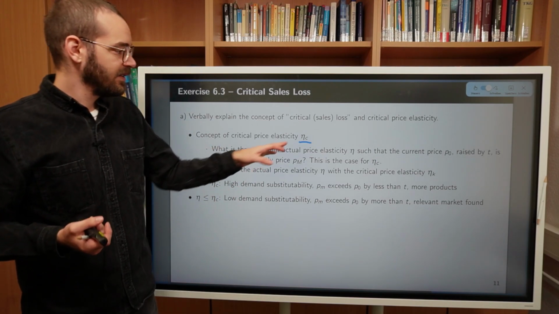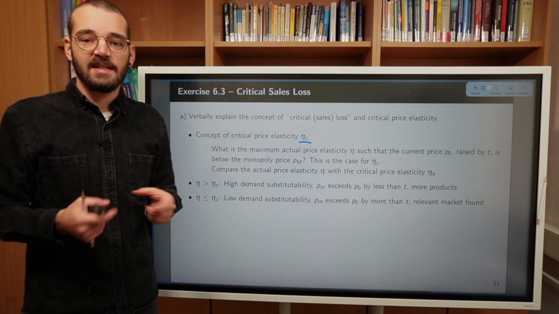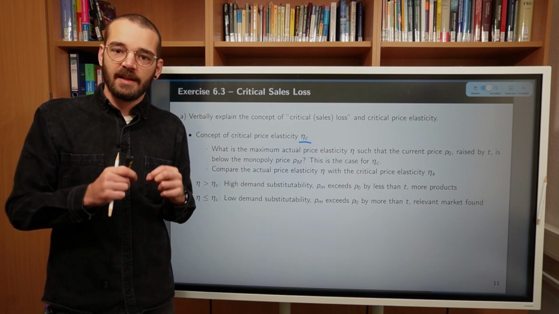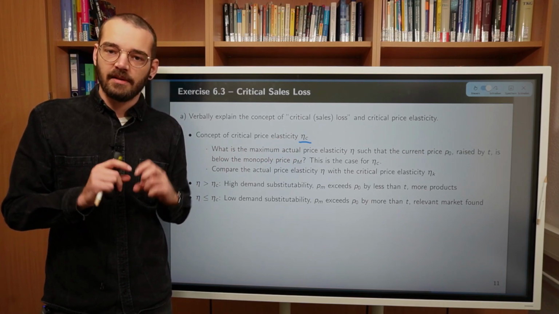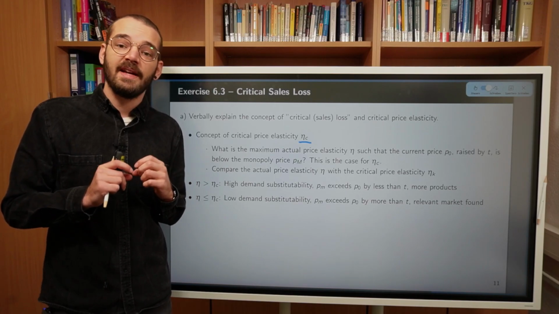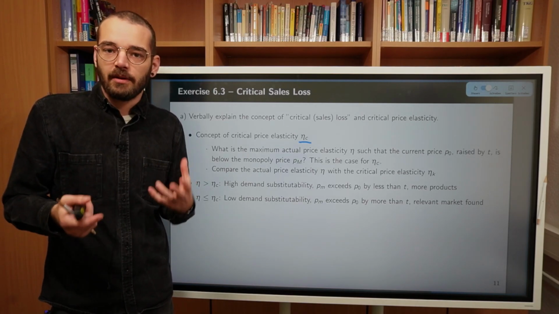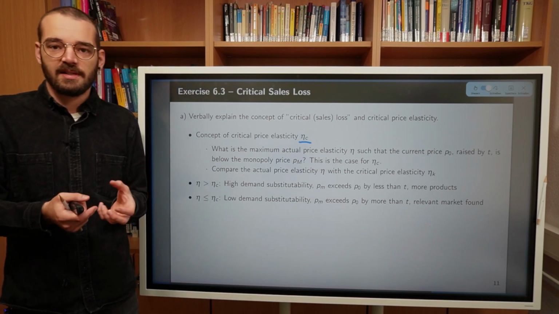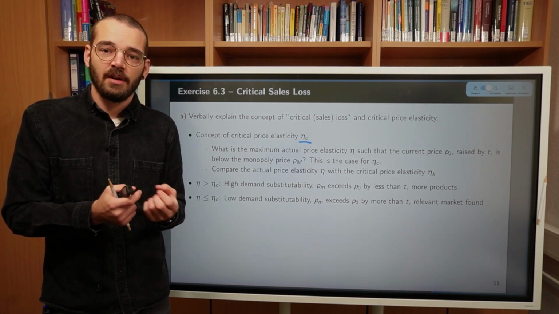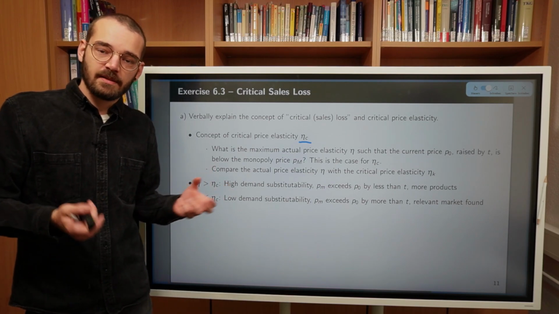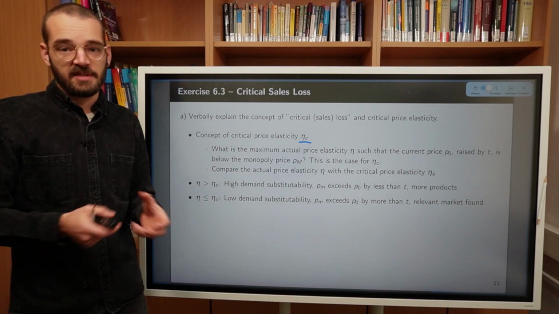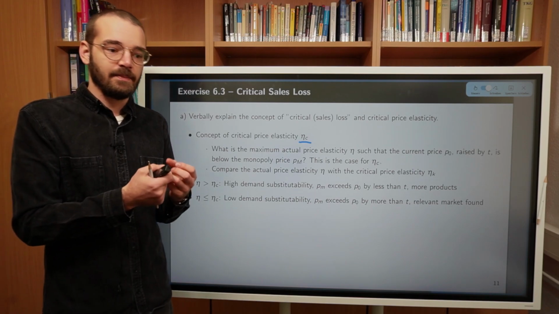So the price elasticity eta is already putting these two entities into a relation. So we can make use of this. We are interested in the relative change of quantity for relative change in prices. So let's make use of the elasticity because it's providing exactly this